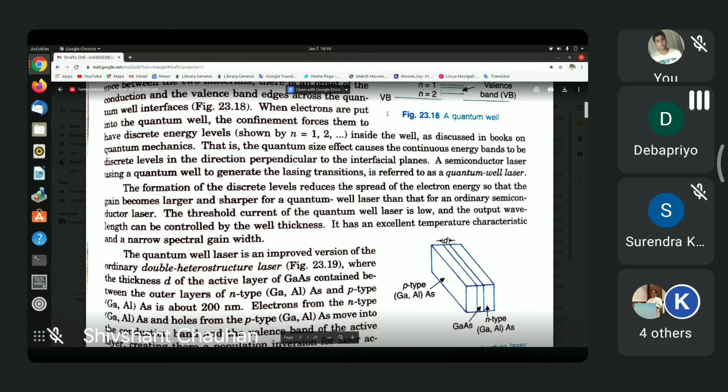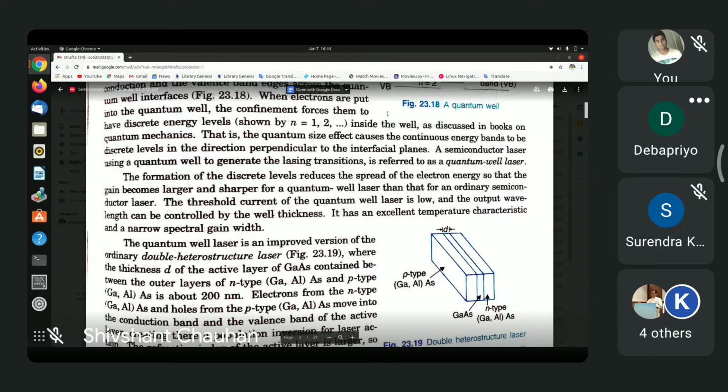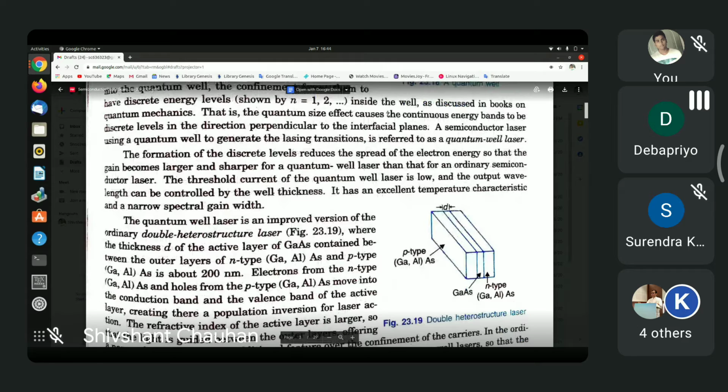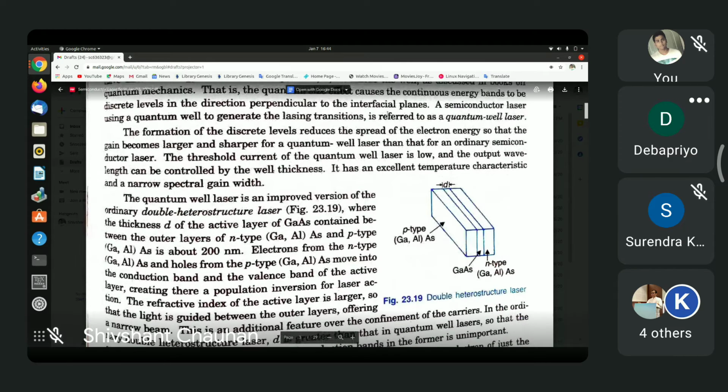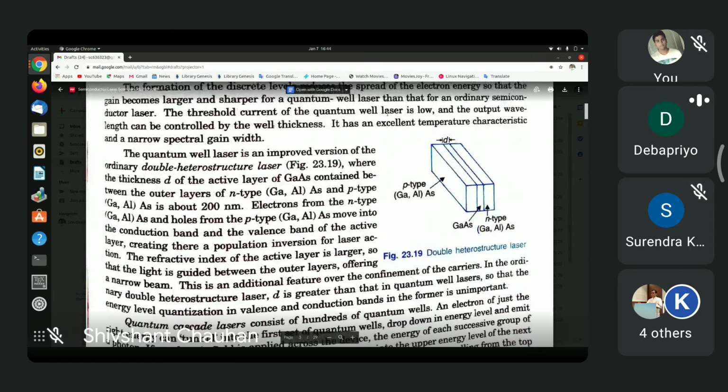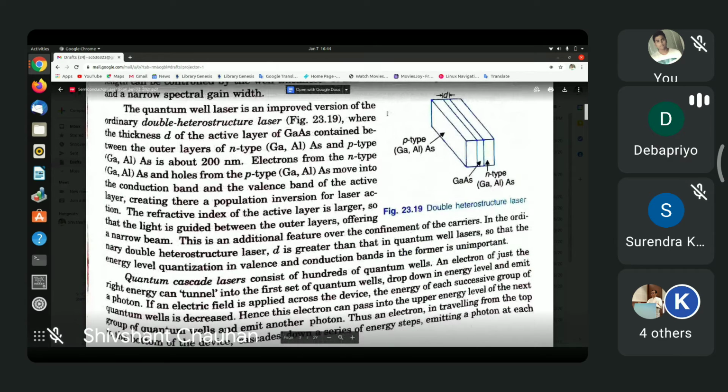So as they say, the quantum well laser is an improved version of the ordinary double heterostructure laser. This is what is shown here. It is a double heterostructure laser because the well in the quantum well laser has a smaller dimension than, just stop there. This is basically what you also have in the quantum well laser, but in this particular structure that is shown